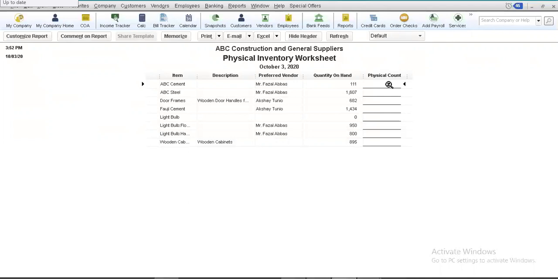All right. So in this report, you can write the physical count of inventory, and by this you can actually make out the discrepancies between your records and the inventory that is physically available in your godowns.